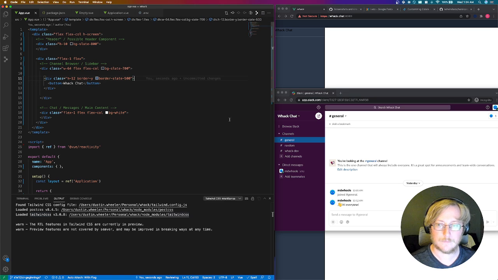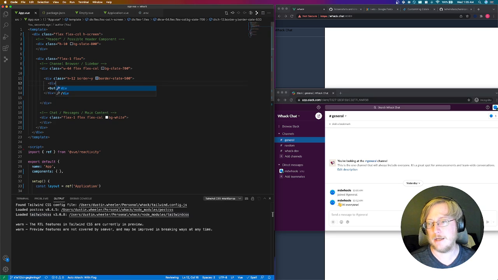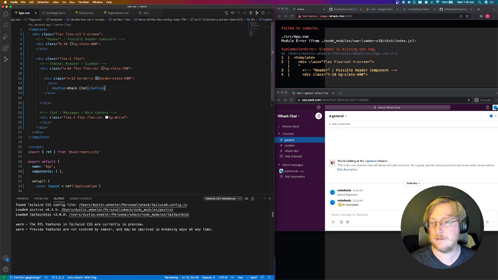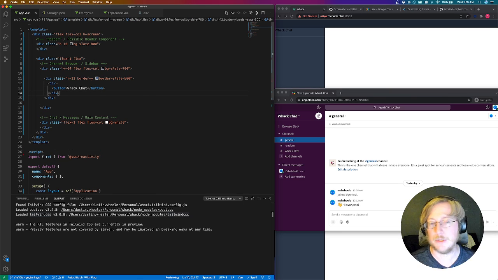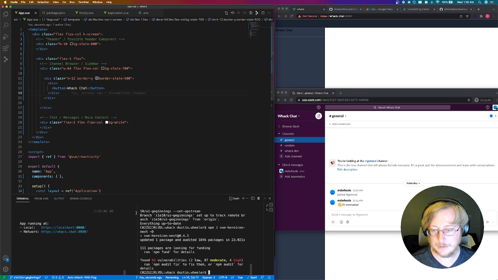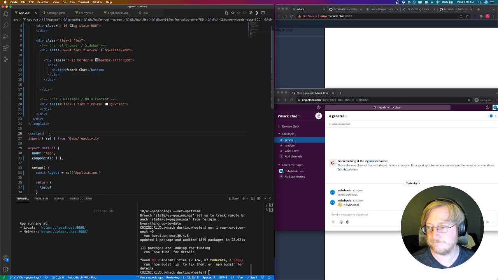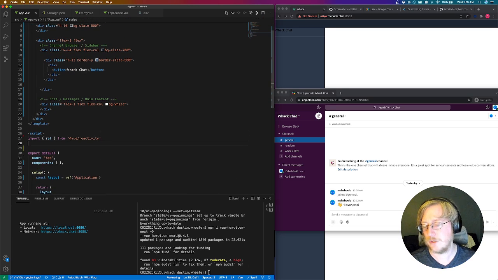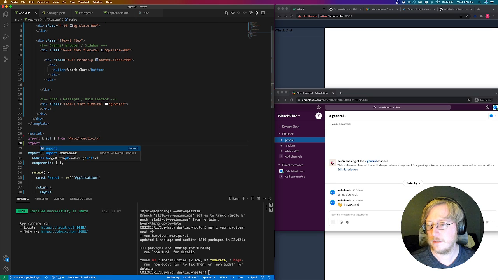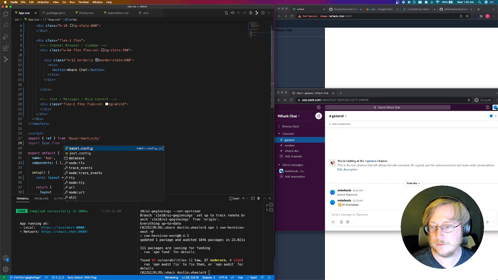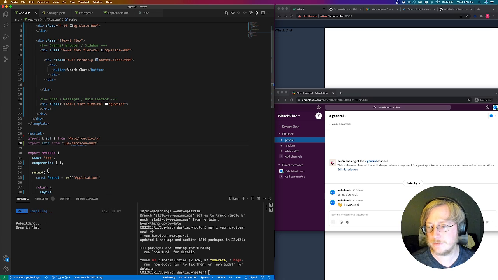So I want this to be whack chat and then a very small chevron down next to it. So we'll go ahead and bring in our icon component. So import icon from view hero icon next, icon,